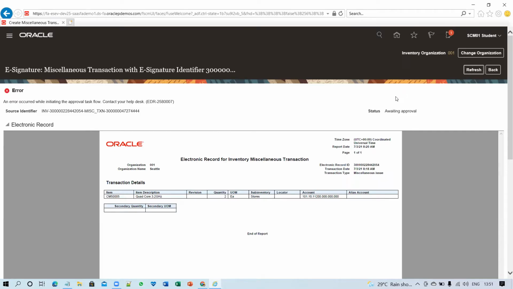For that, we have to make sure a particular privilege in respect of e-records is associated. So this error is basically because we do not have that privilege. So we'll add that privilege, and after that, we'll retry this transaction.